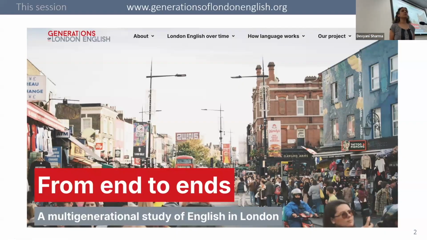So this is the project website that we're going to be using. I won't keep switching between our slides and the website, so if you have a computer with you, feel free to have a look at it, but I'll also show you here. It actually would be useful if you're able to. You can also look at it on your phone when we get to looking at the site together.